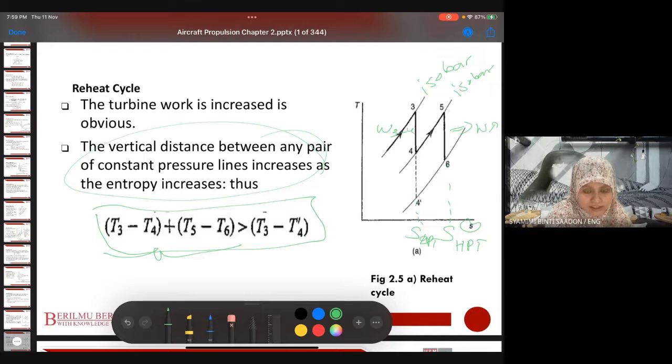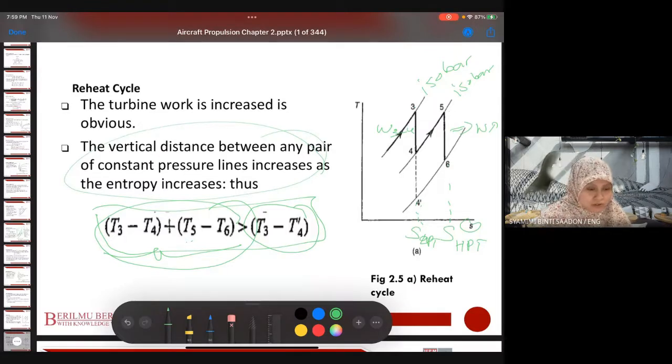So if you look here, if we add this reheat cycle, the sum of the work output, which depends on the temperature, will be higher than the basic cycle. The basic cycle just now, from 3 to 4 prime, is just a vertical line directly, only one stage of expansion. So 3 to 4 prime, the work done is less